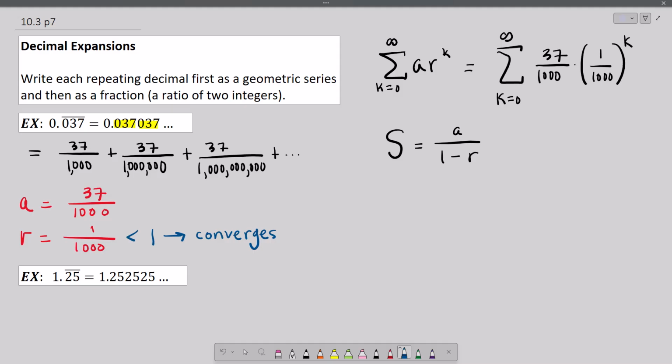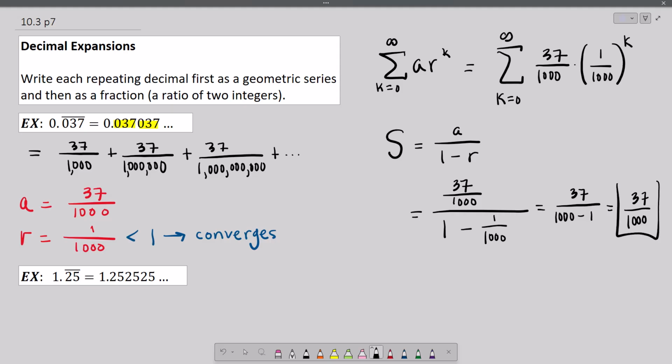So this series converges, so that tells us that the sum of this series is then A, 37 over 1,000. Let's rewrite that so it looks a little bit better. And then 1 minus the common ratio. Easiest thing I think to do here is to multiply through by 1,000. That clears the fractions instantaneously if we multiply everything by 1,000. And we will get the following fraction as our